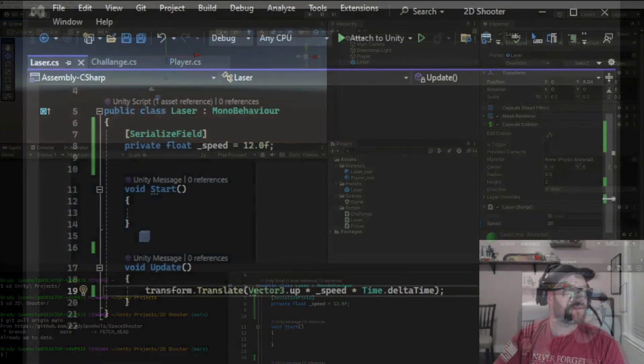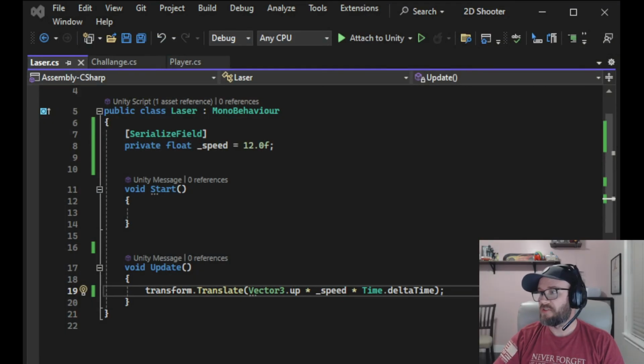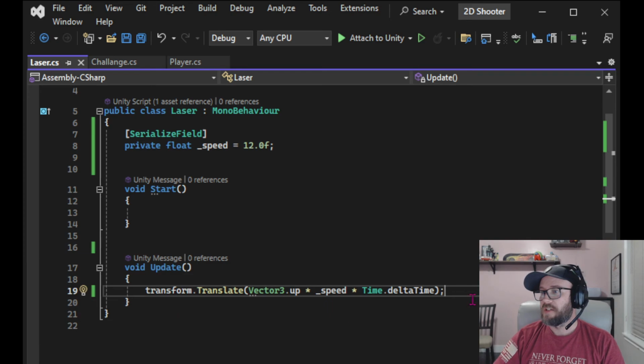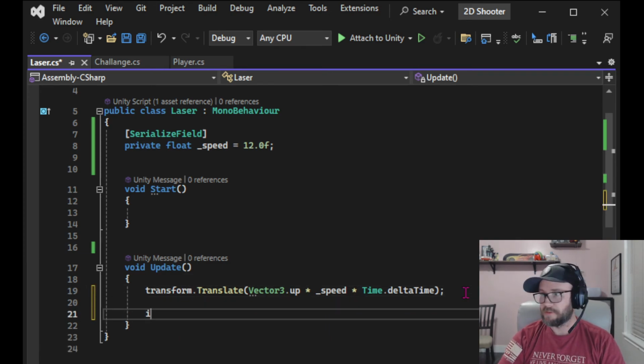If we go into our script, we just need to do an if and then what that if is. So a lot like we did with our player movement, we did an if transform.position.x again, why I clamped him, but we're going to pretty much do the exact same thing. The only difference is we're just going to do it here. So we go if transform, sorry, parentheses, dot position